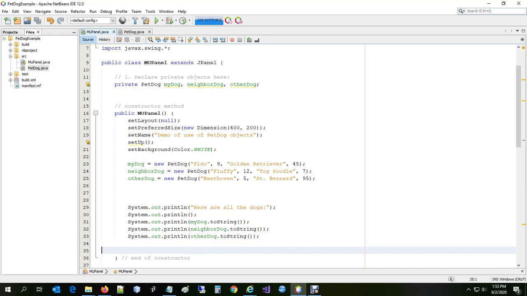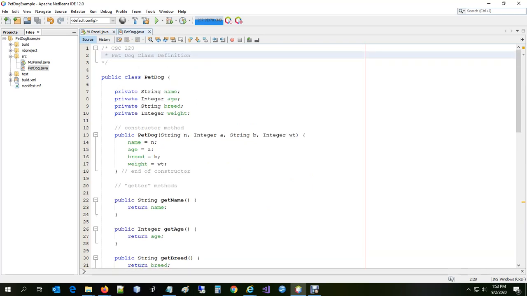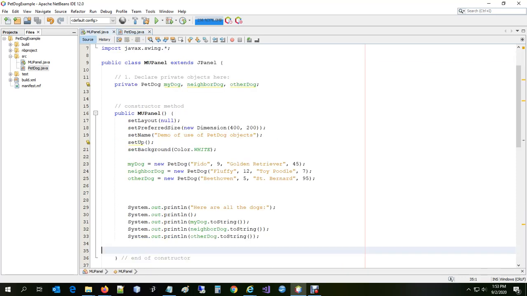But when you instantiate, it's the other way around. It's name of object equals new class it comes from, and then in parentheses I have to give a special comma-separated list of values. And how do I know that it's a string and an integer and a string and an integer? Well, if I go look at my PetDog constructor, it's because I'm expecting a string first, an integer second, a string third, and an integer last. That's why I know whenever I instantiate an object that it's, at least a PetDog object, it's string, number, string,